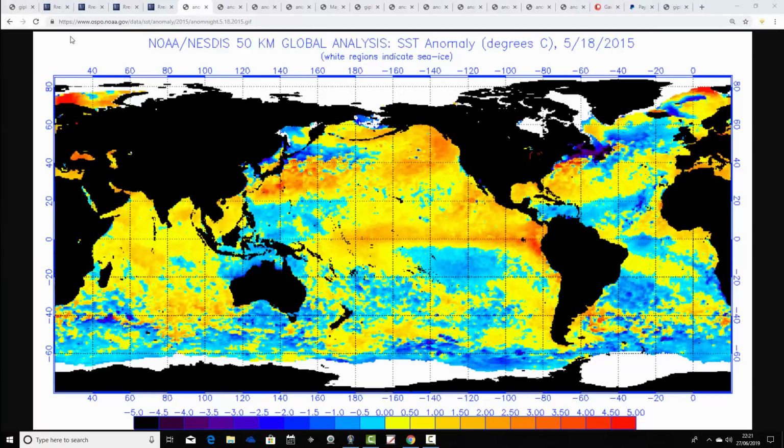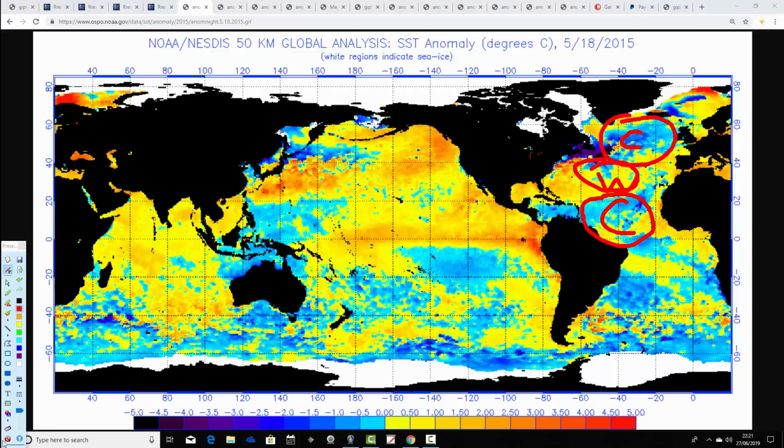So this is how the sea surface temperature anomalies looked in May 2015. You'll notice what we have here is a colder than average area of sea surface temperature anomalies just there. We have a warmer than average area just here, in the middle of the Atlantic, and then we're colder again as we look down into the tropical Atlantic Ocean. Now, what this does is